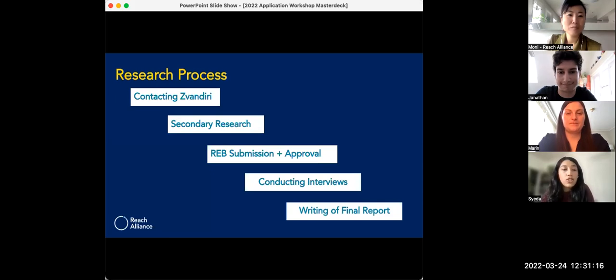Mind you, I have this in chronological order, but I really want to emphasize that the communication with Zvandiri, the secondary research, all of it kind of occurs simultaneously. So it's not as chronological as I made it look, but there is still an element of order to it. The first part of our research process after getting our project approved was establishing contact with Zvandiri,